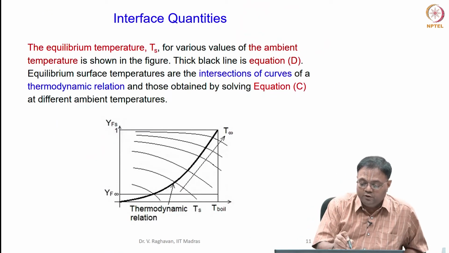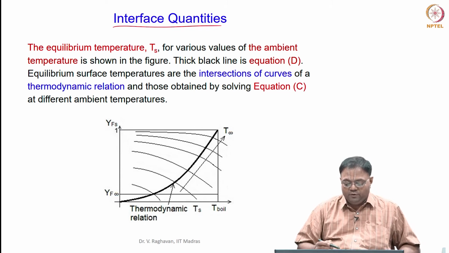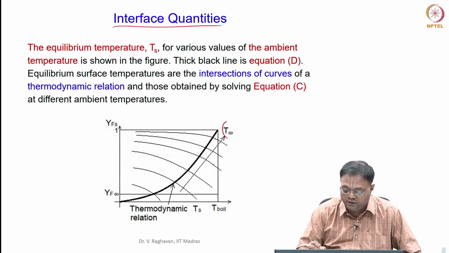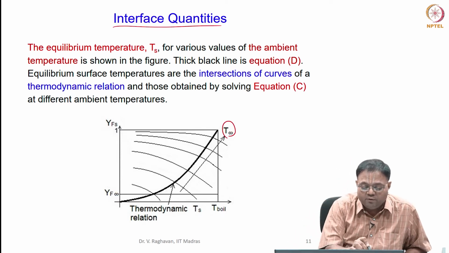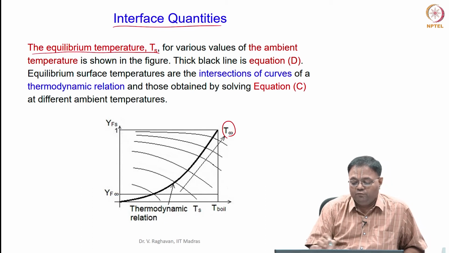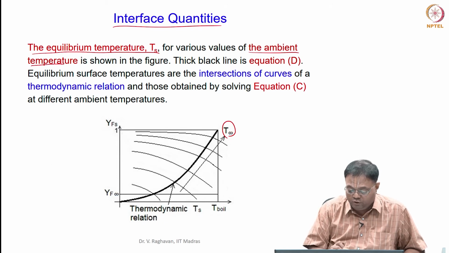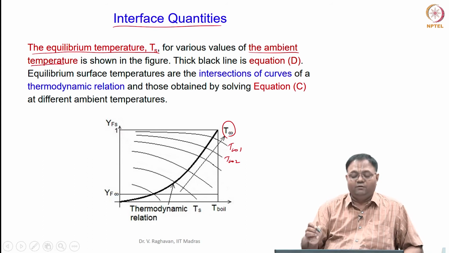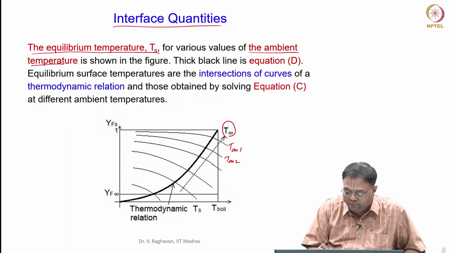Okay, now again this is the curve that we have basically. I can do this exercise for several ambient temperatures T infinity. So you can see that the equilibrium temperature Ts for various ambient temperatures is shown in this graph. Okay, so these lines, this is T infinity 1, this is T infinity 2 and so on. So I get several T infinity values and plot this. Okay, now what is this curve? This curve is